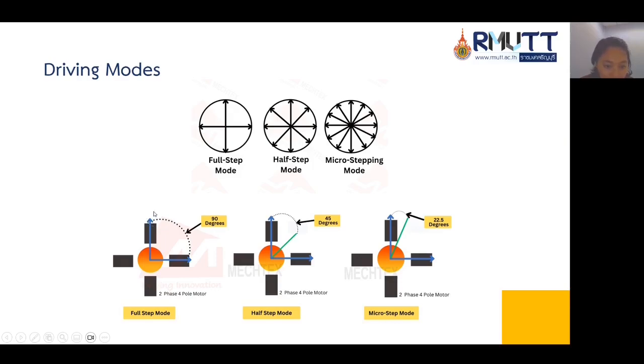This is for full step mode, 4 cycles, rotating every 90 degrees, and this is for half step mode, rotating every 45 degrees because this is 8 cycles, and then this is for micro step mode, in this example 16 cycles, so it rotates every 22.5 degrees.